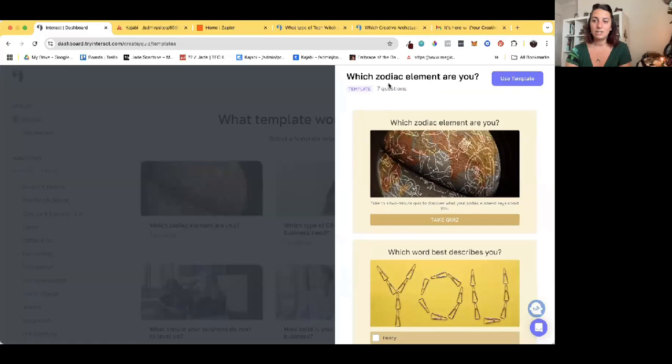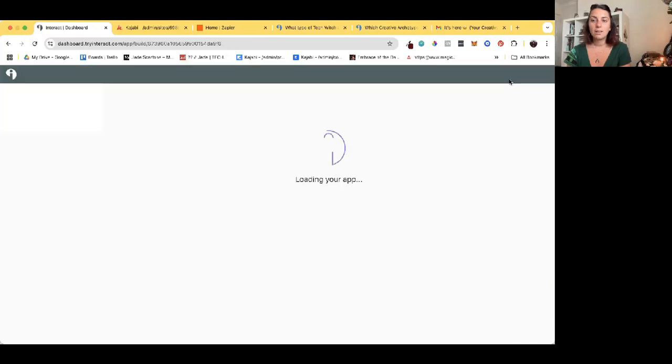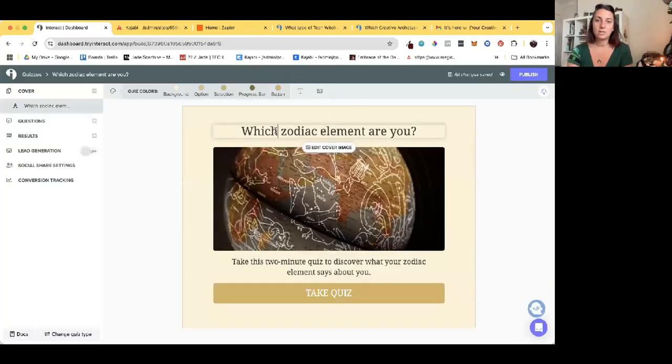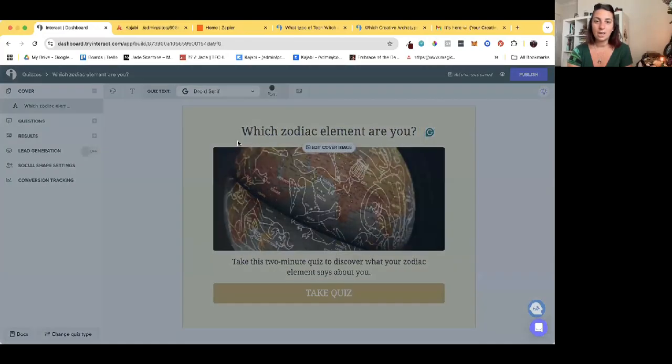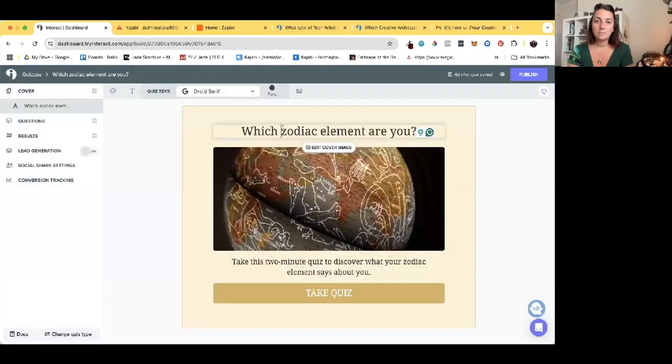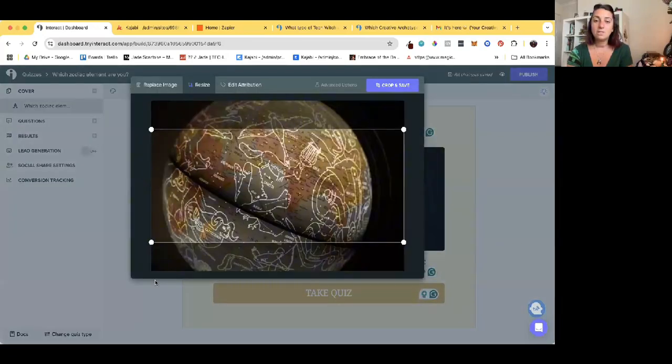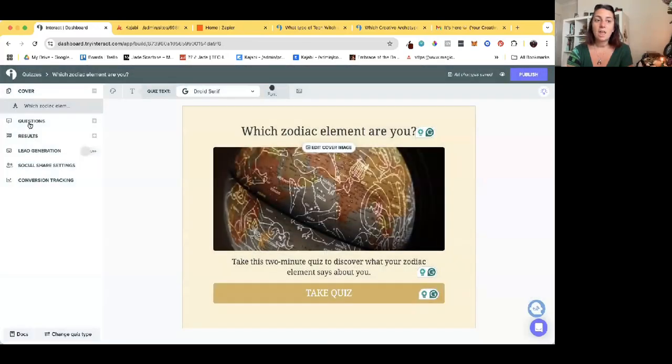So let's say we chose this one, we go use template. And then this is where you'll do your editing. So you can just click wherever you want to edit. Update titles, update descriptions, update the branding. So you can add your own colors here, and update the image, add your own image,